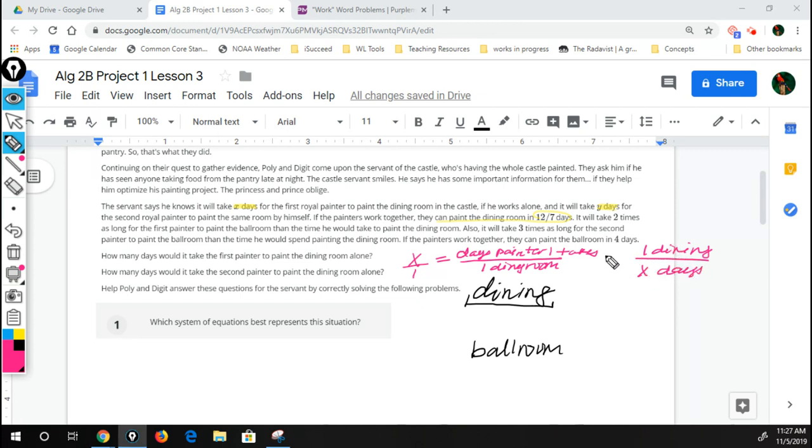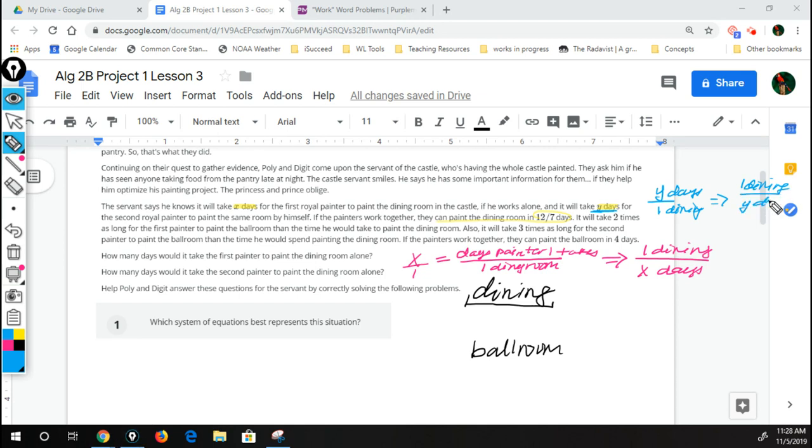So maybe we're just going to flippity flop that. So instead of saying days per 1 dining room, we want to solve for 1 entire dining room over X amount of days. And we're going to do the same thing for the Y days. That is days over 1 dining room, but I'm trying to solve for 1 entire dining room, so I'm going to have 1 dining room